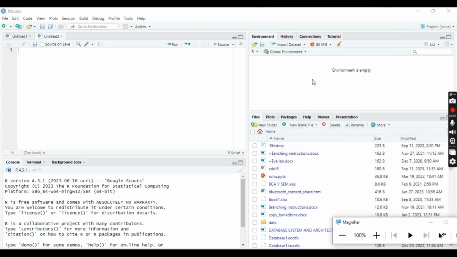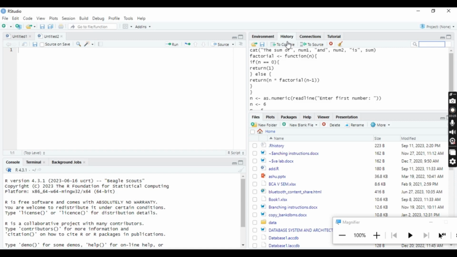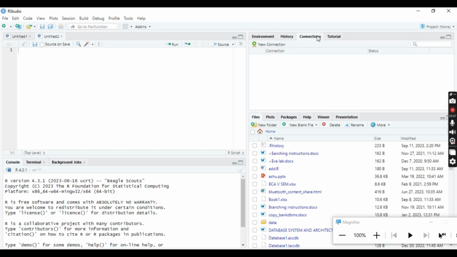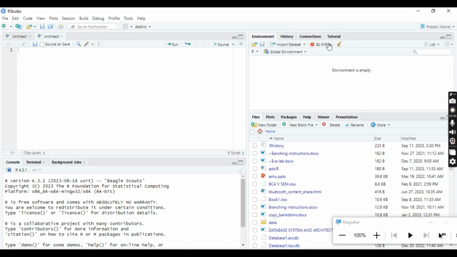So here in the environment tab, you will get the variables that you declare in the script. Okay, in the history, whatever you have run, the history of what you have run will keep appearing here. Okay, in connections and tutorials, any new connections related to running this program will appear here. And the tutorial will come across all these things, supporting tutorials related to learning a topic,